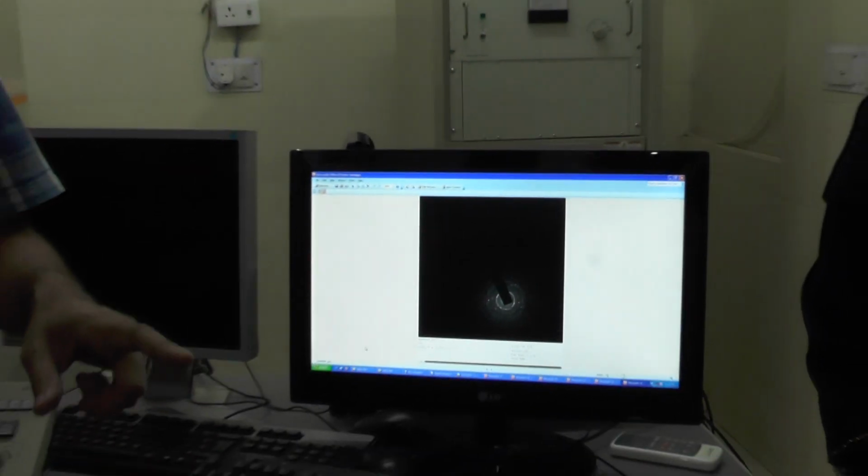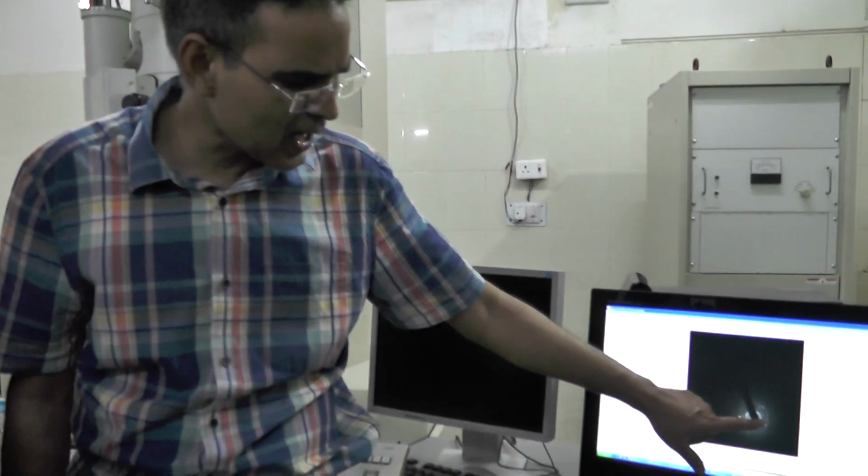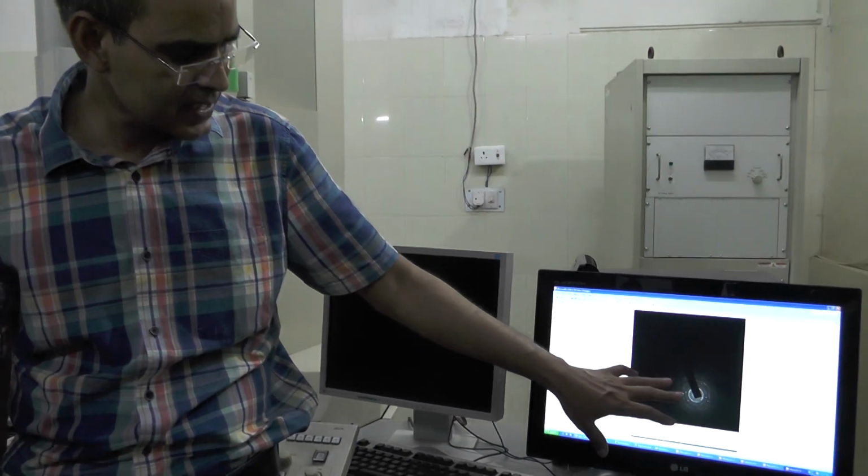SAD image, which in short is called SAD, SAED, selected area electron diffraction image. Just like X-ray diffraction, this is electron diffraction. Using this image we can confirm whether our material is amorphous, polycrystalline or single crystalline. If we have single crystalline material, then these spots are very bright and in a very orderly arrangement. If we have exactly this type of structure, this type.